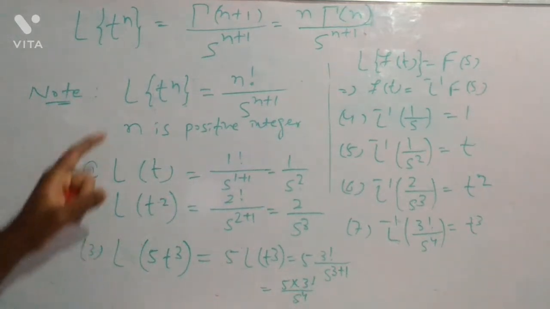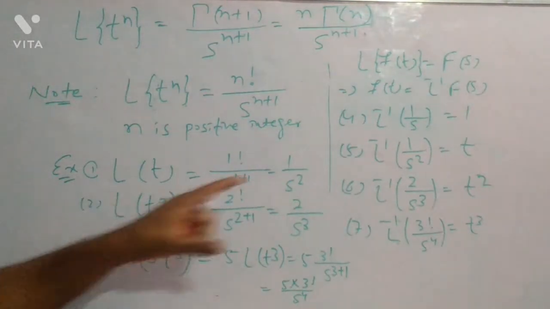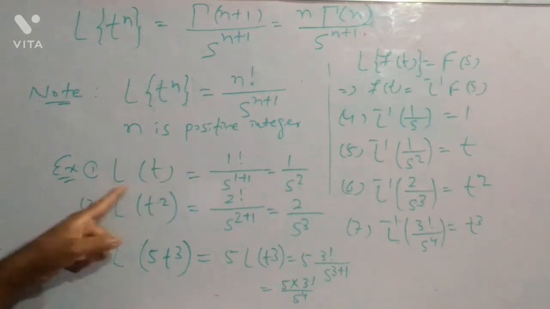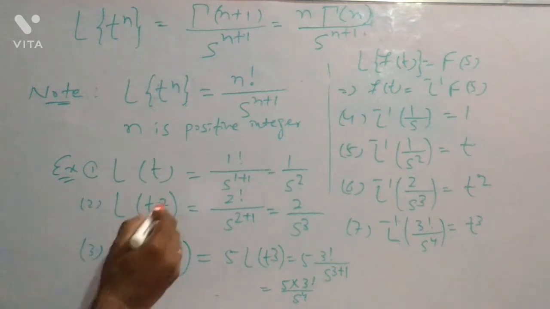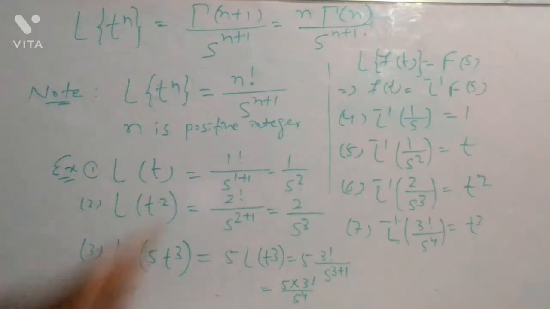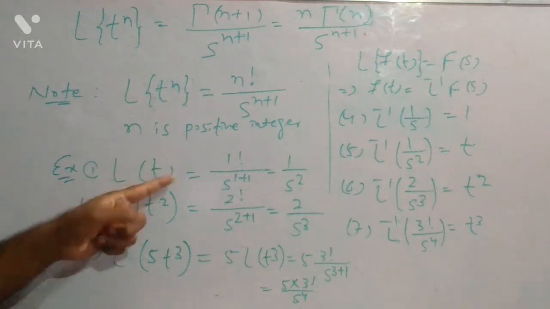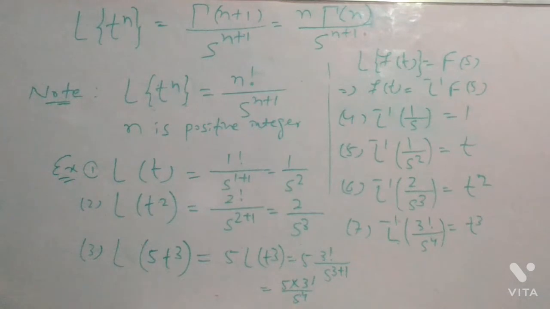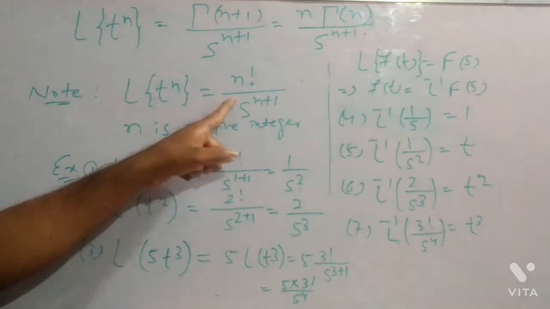So using this formula we can solve this type of problem, very simple problems. Directly you can use the formula. What is Laplace of t? According to the formula it is 1 factorial by s to the power 1 plus 1, because t to the power 1 means it's a positive integer. So it is 1 factorial by s to the power 1 plus 1, and that is 1 by s square, simple. Similarly, Laplace of t square is 2 factorial by s to the power 2 plus 1 using this formula,